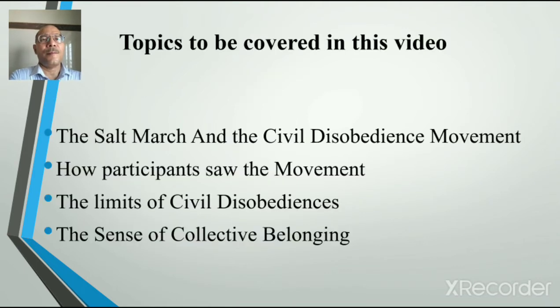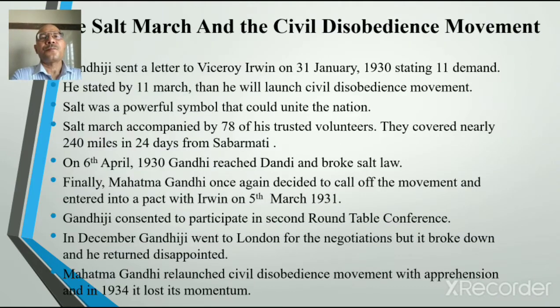Today we are going to talk about the Salt March, the Civil Disobedience Movement, how participants saw this movement, the limits of the civil disobedience movement, and the sense of collective belongingness, all these points that are there in the NCERT book. Now, when we are talking about the Salt March and the civil disobedience movement, we can understand